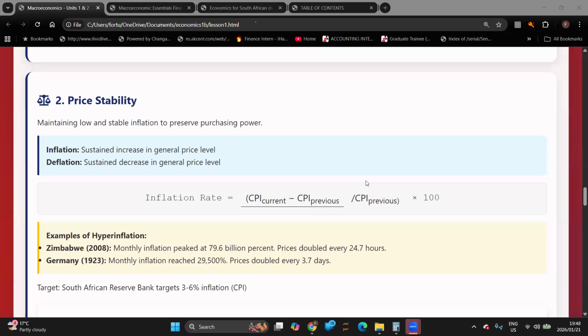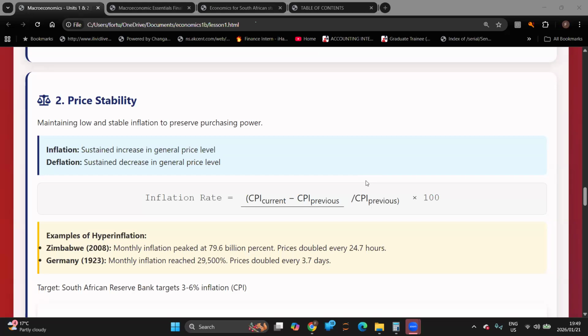As a result, whenever prices are to be changed or indexed, you'd find some of the producers of the goods and services